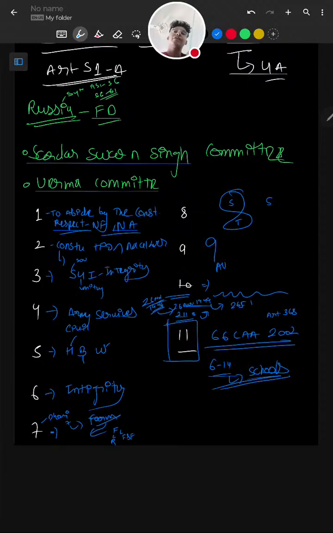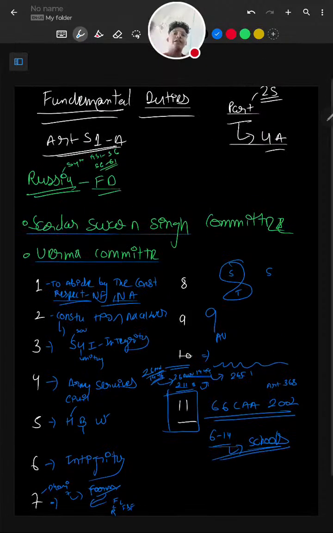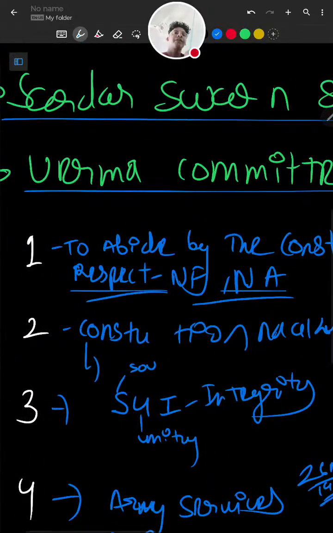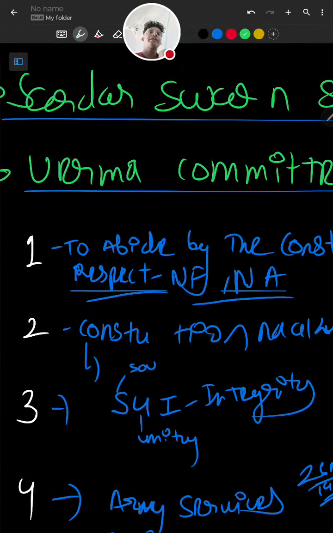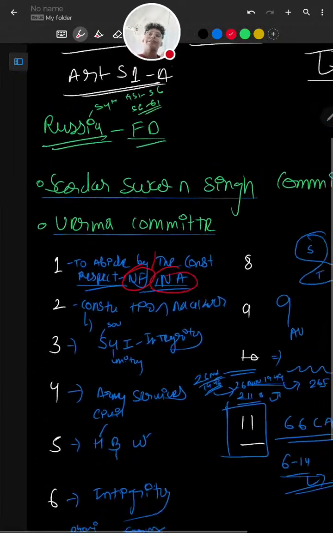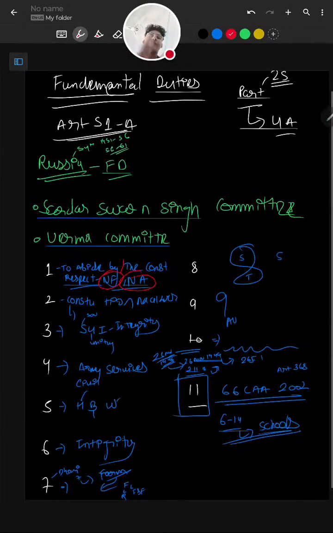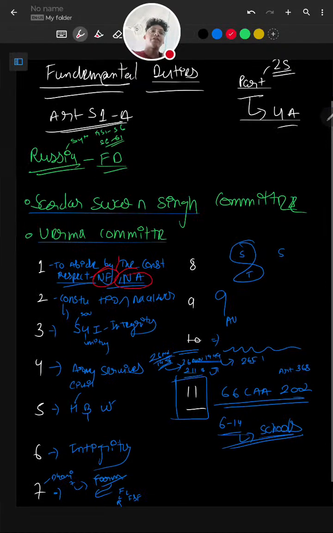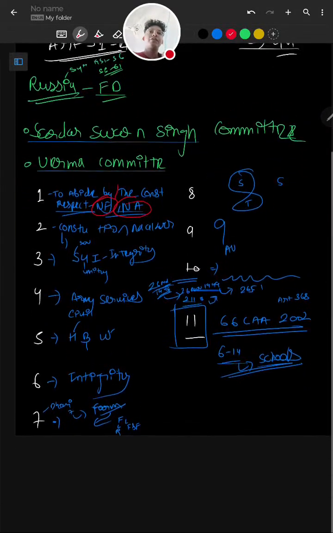So when the civic duty is there, something like the first one, right? If you are disrespecting the national flag and national anthem as a citizen of India, then you could be punished under this. So that is basically the civic duty and moral duty. Moral is your moral values and all that, but under the civic duty you could be punished and all that. Now, going on to, these are some Verma committee observations and all that.